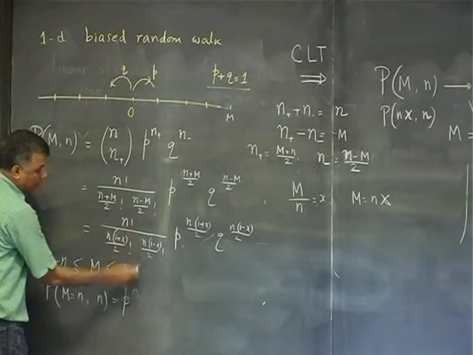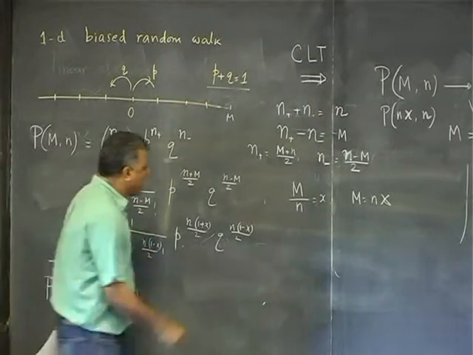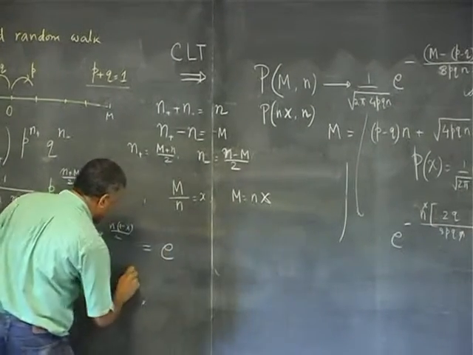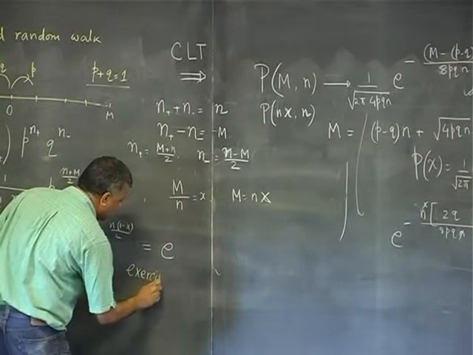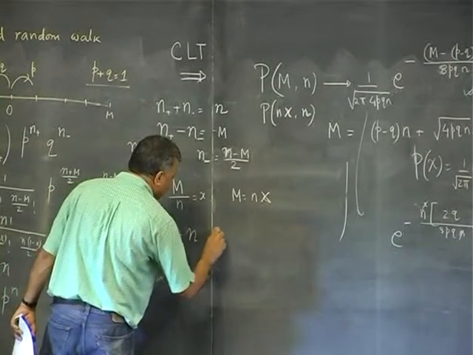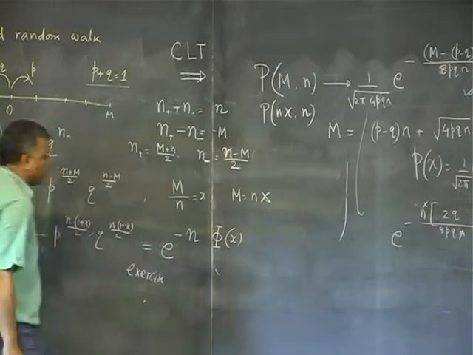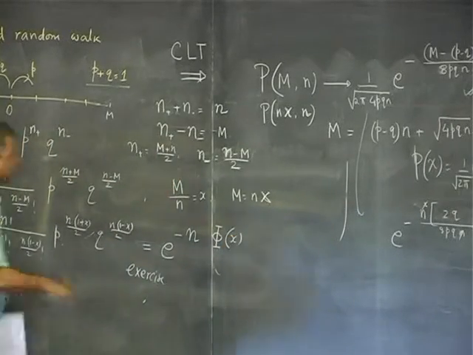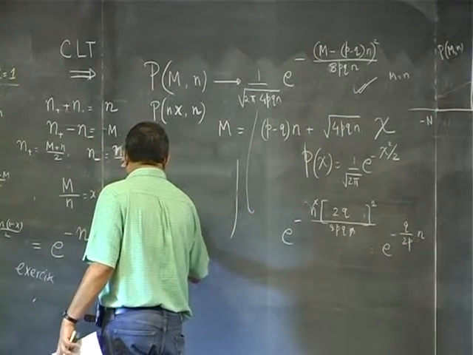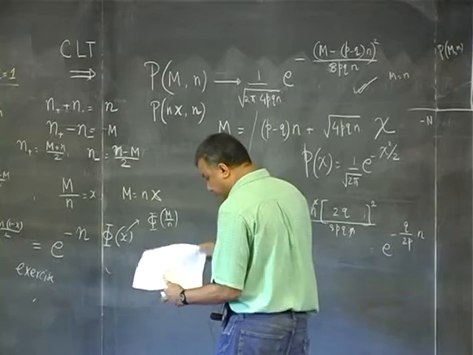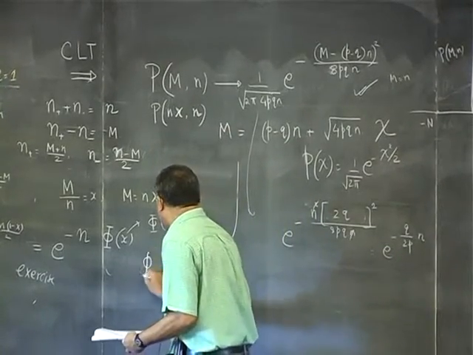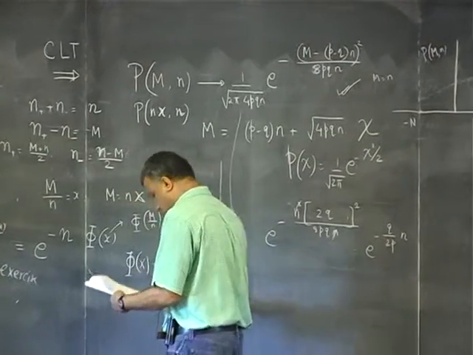You would use the Stirling approximation to this. I won't carry it out. And you can actually do it very easily. And you show that this becomes, so this is an exercise, e to the power n times some function of x, which depends only on x. And remember, this x is just the ratio, so this is a function of m over n. And what is this function? You know all this. Kiran has shown you already. So this function phi of x is just